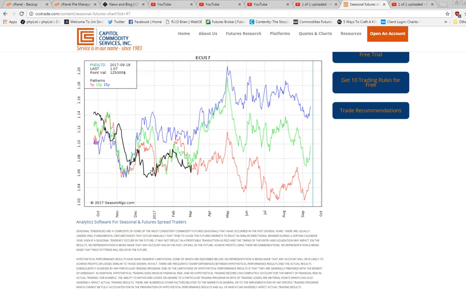So if you shift these over just a little bit, it's more in line with the pattern of making a low, going up into these seasonals, and then coming down into these. And then after early March, the ethanol contract seems to move higher on all three time frames, 5-year, 10-year, and 15-year, into early